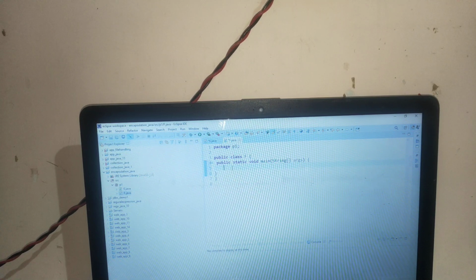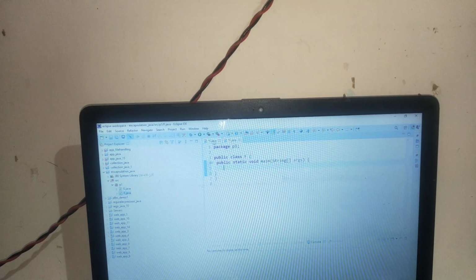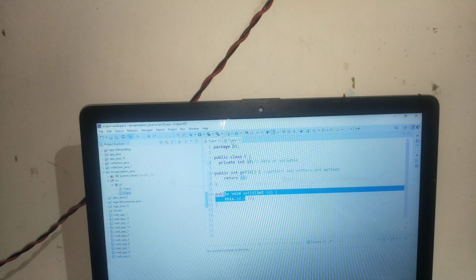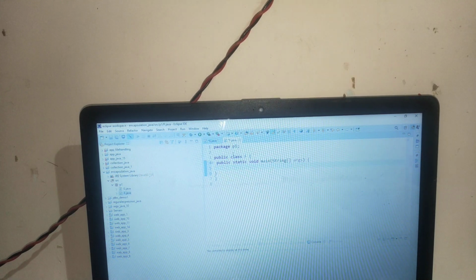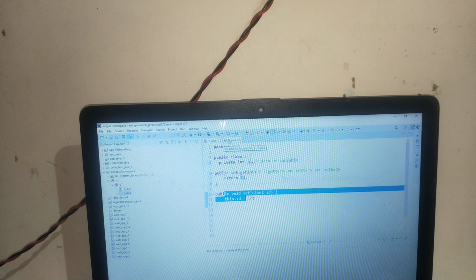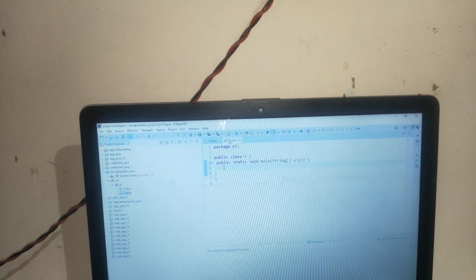So in this F class, I will create an object just to call this method. How will I do this? Just to call this method, how can I call it? By its name. So firstly I will create one object, which will be e1. I'm not inheriting, so I will